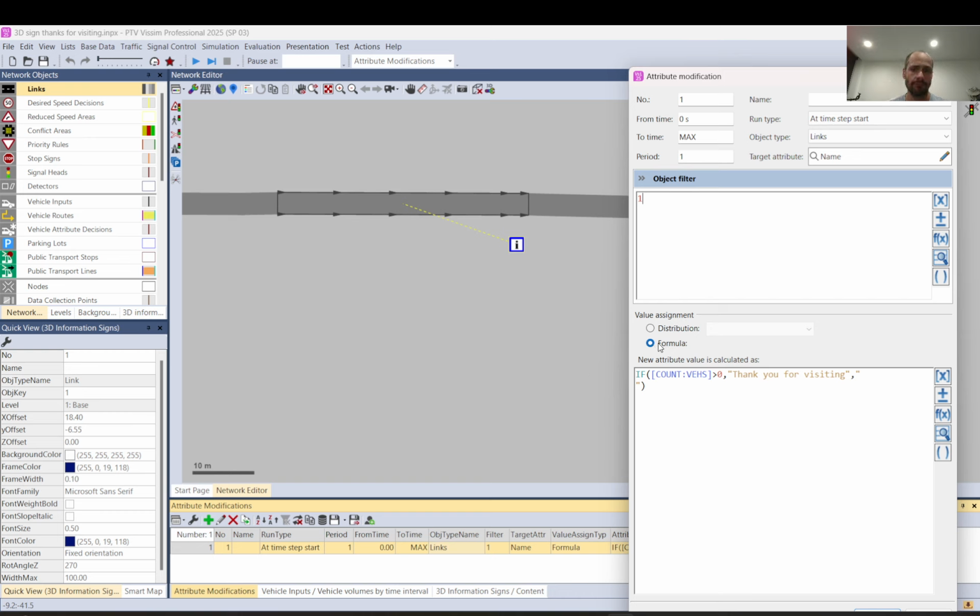I will click formula, because I want a formula. I will create a condition that will check the number of vehicles on that link. If that number of vehicles is more than 0, so that means there is a vehicle on that link, I will update the information. I will update the link's name attribute. Because what I want to achieve is, let's say you have a car park, and when a vehicle leaves, you just want to show something like thank you for visiting or whatever. The way you can put an if together is